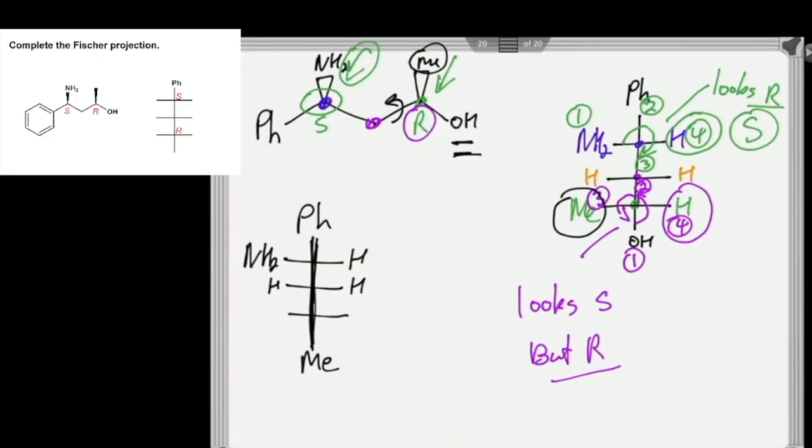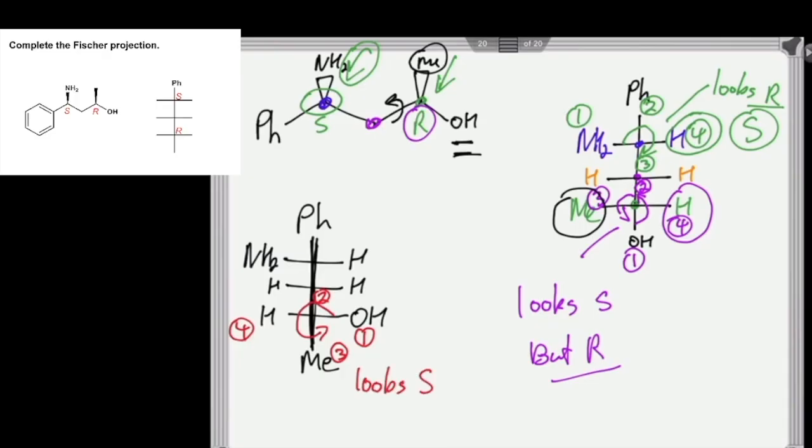So from that perspective, the oxygen would be over here on this side and hydrogen over there. To double check that we've done this correctly, that will be number 1. This chain is still number 2. Methyl is still number 3. That's still number 4. If you look at this perspective, 1, 2, 3, it looks still like it's an S